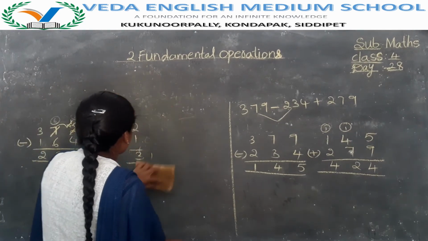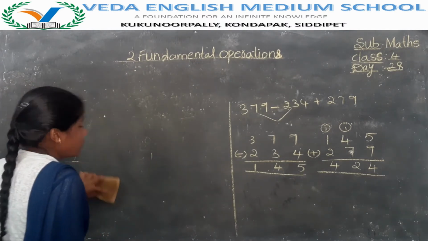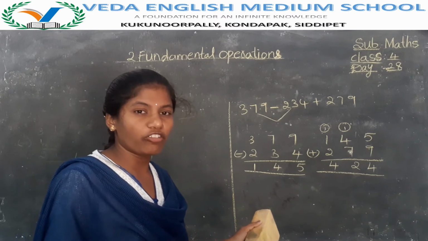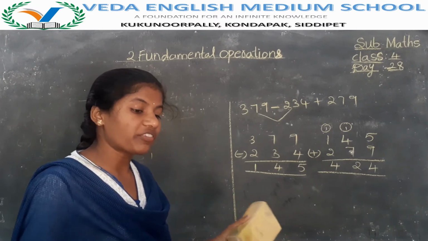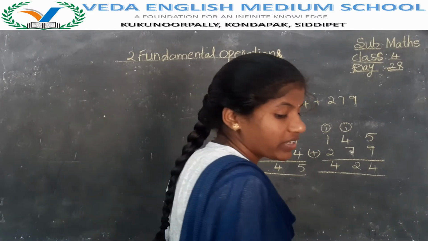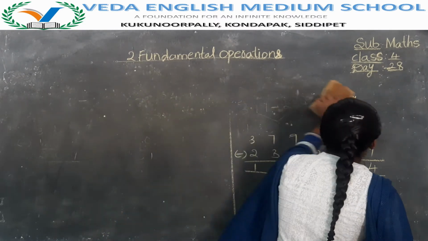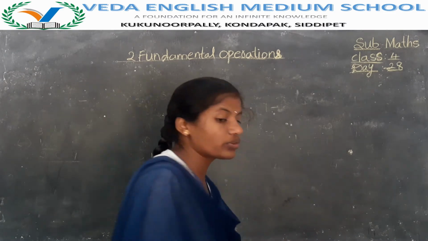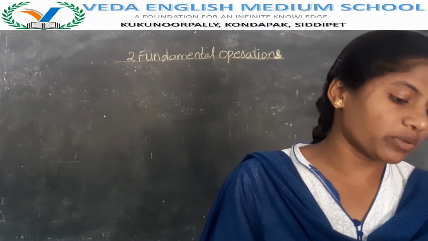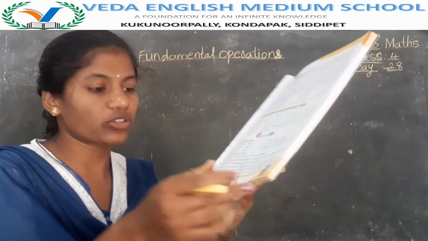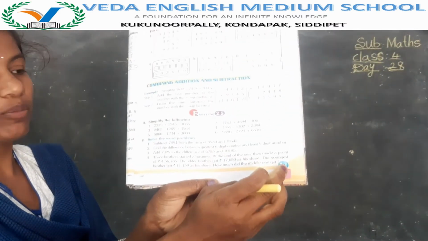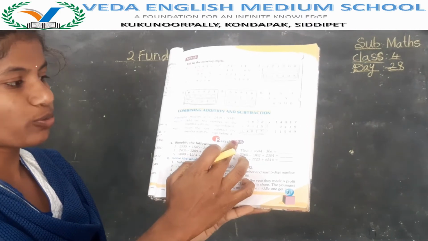So in exercise 2.4 we have completed word problems. After the word problems we have combination of addition and subtraction. So afterwards in page number 31 we have exercise 2.5. Our exercise 2.5 is about this only. Combining of addition and subtraction. Now those who have textbooks, open your textbooks. Now see in your textbooks. Here on page number 31 we have exercise 2.5.